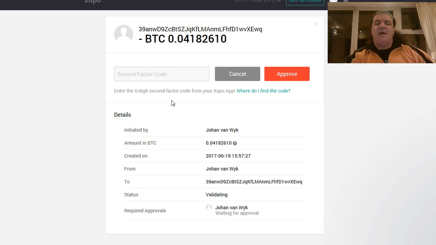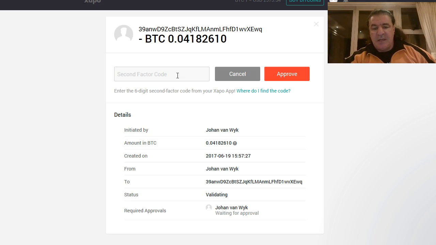And when you receive that, you're going to insert that here where it says second factor code. Now you will see the code normally comes, there's 6 numbers in the code with a dash in between. But don't let the dash hinder you. You don't put the dash in, you just put the 6 digits in. That will be SMS'd to you. They will send you a message with the code.